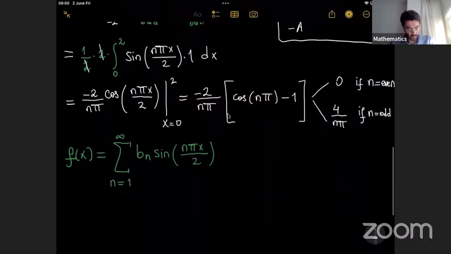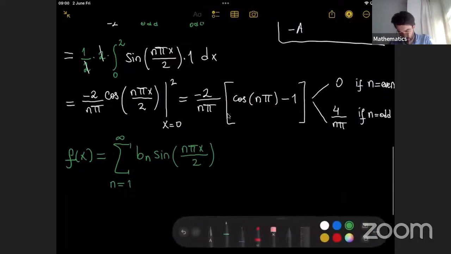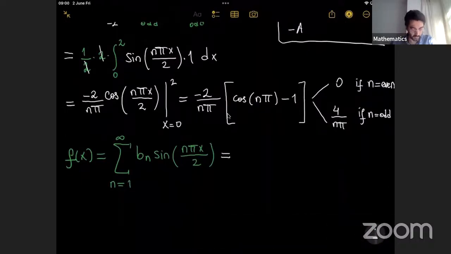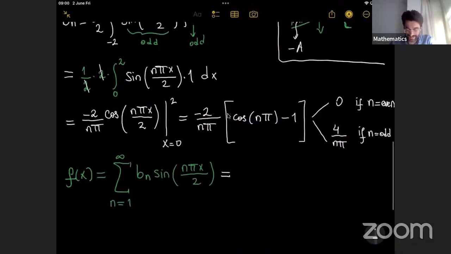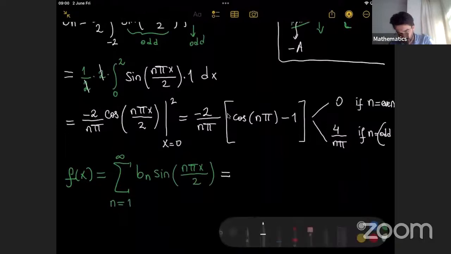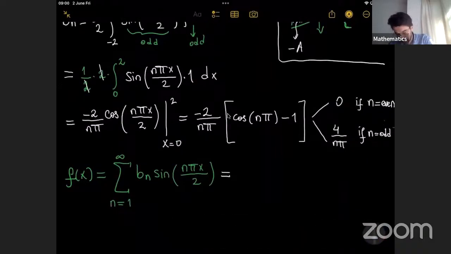Well, this will survive only if n is odd, right? When n is odd, you will get some number. Otherwise, it is 0. So you will get odd terms only. And in that case, the coefficient will be 4 over n pi. So we can write this when n is odd. N is odd means n is equal to, for instance,